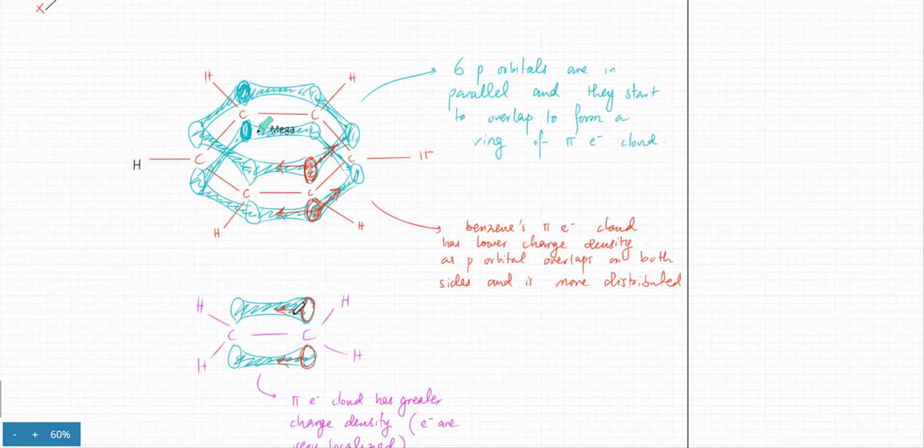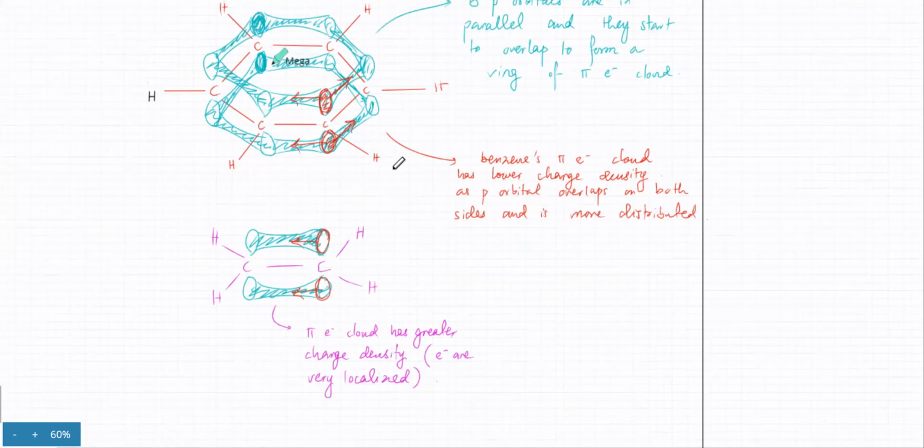That's it. So the electrons are pretty much somewhere in this middle region, and they're very concentrated. So the charge is a lot more distributed in a benzene ring, whereas in an alkene the charge is a lot more concentrated. So both have pi electron clouds, but benzene's pi electron cloud has a lower charge density,